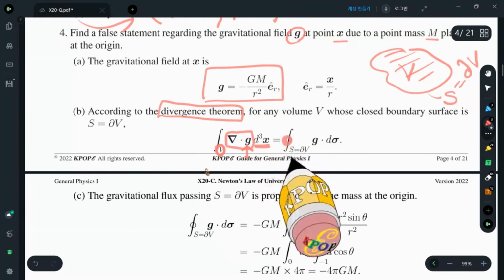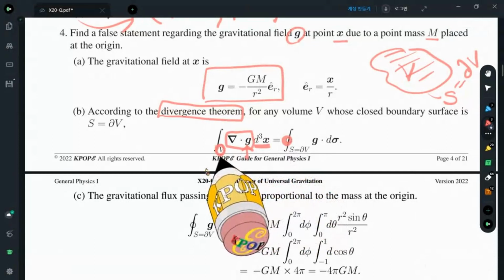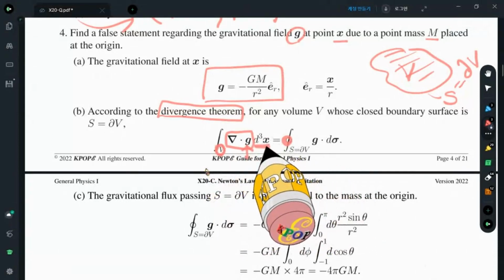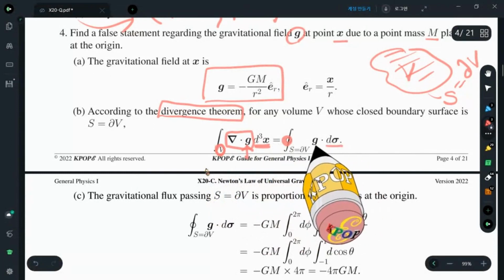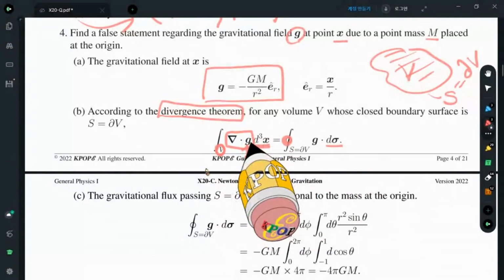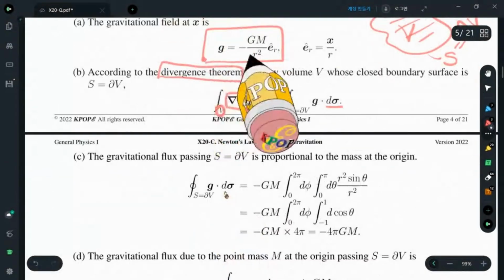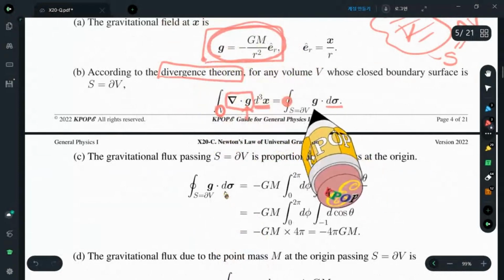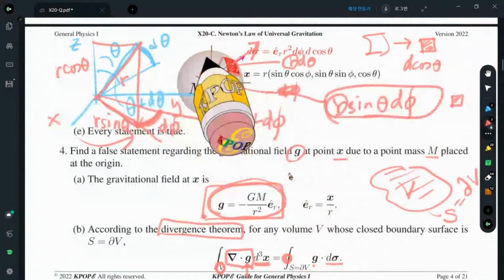This circle represents the closed surface surrounding the volume, and this volume integral is replaced with the surface integral as a scalar product with the original field. So we substitute this gravitational field into the right-hand side, and we know how to evaluate the surface integral over